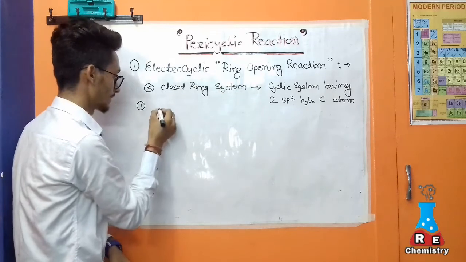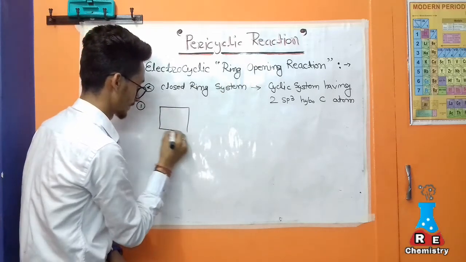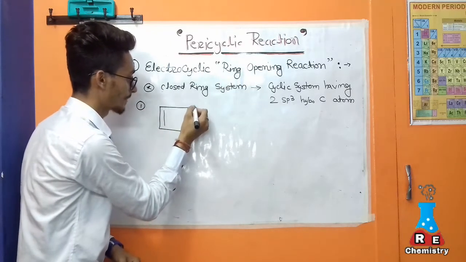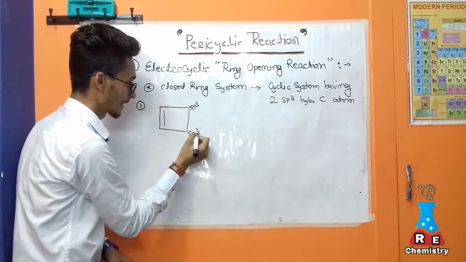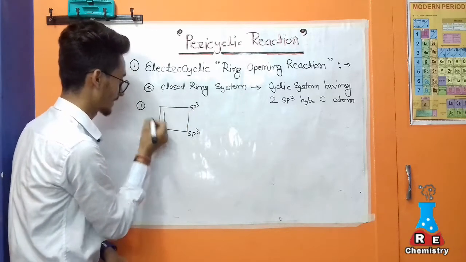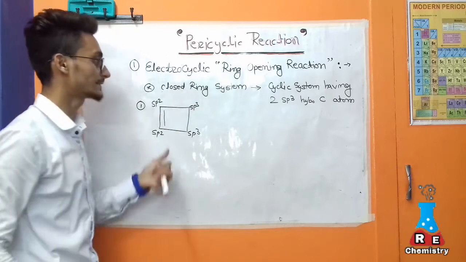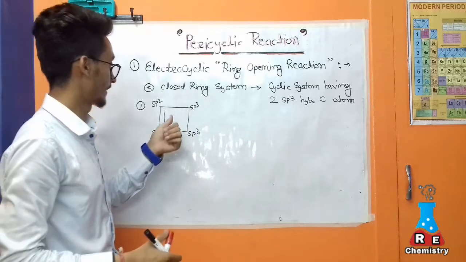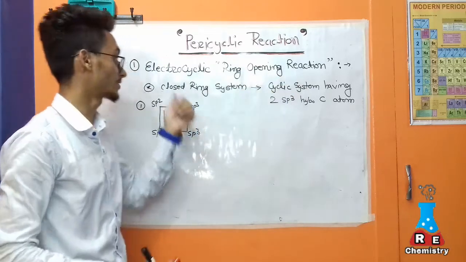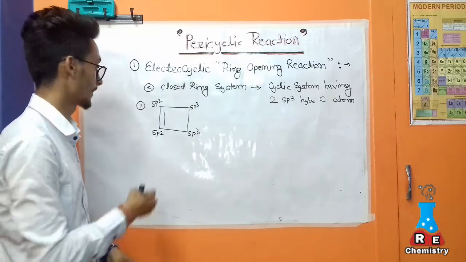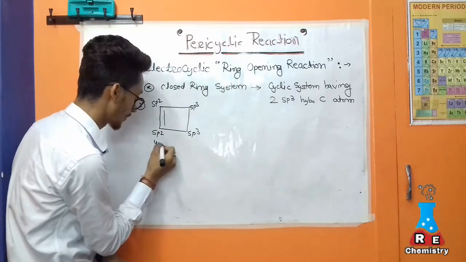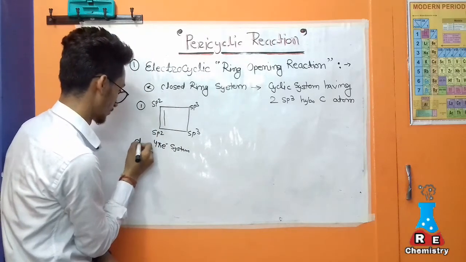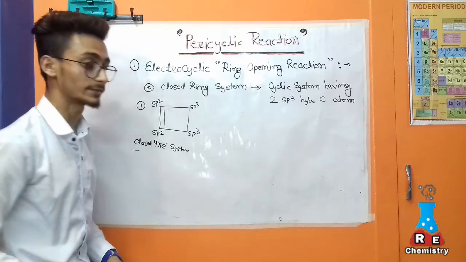The first example is cyclobutene. Cyclobutene has two sp3 hybridized carbon atoms and two sp2 hybridized carbon atoms. So this cyclic system is a closed ring system, and it undergoes ring opening reactions. It participates in electrocyclic ring opening reactions, and it is named a closed 4 pi electron system,